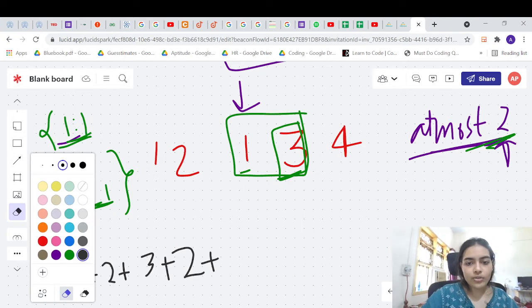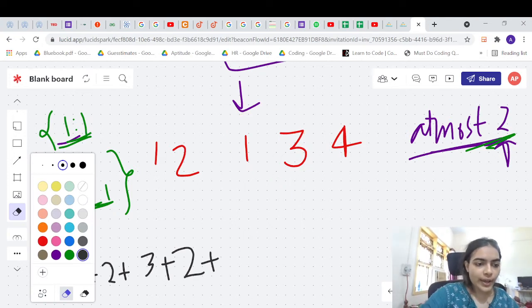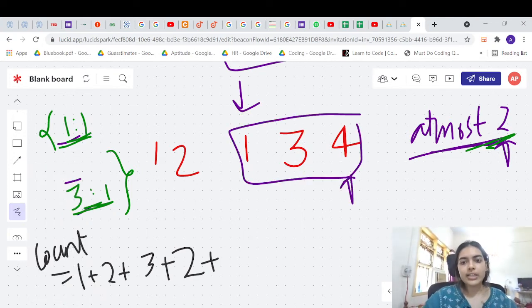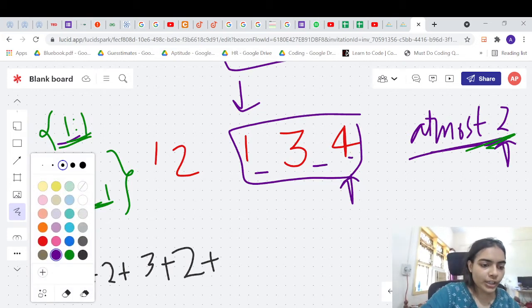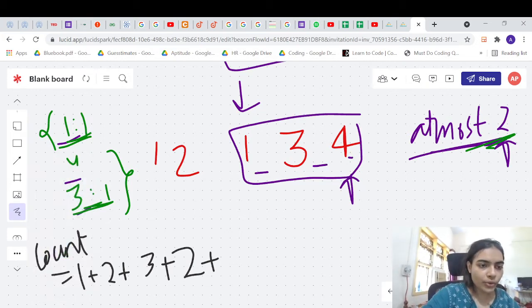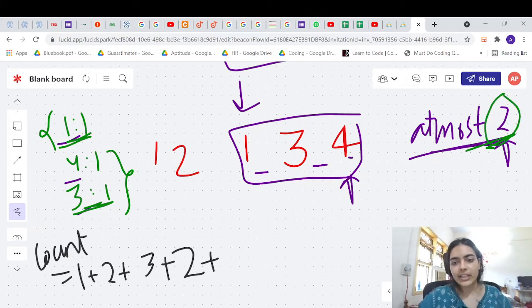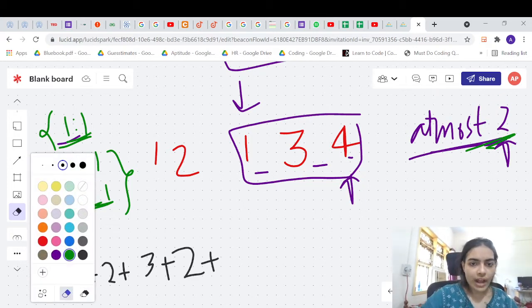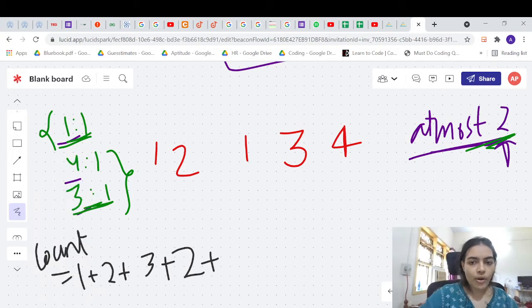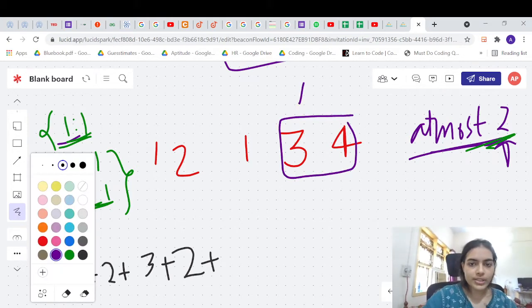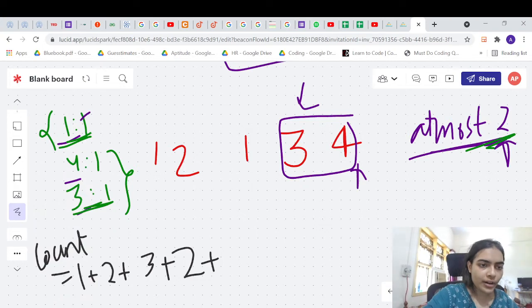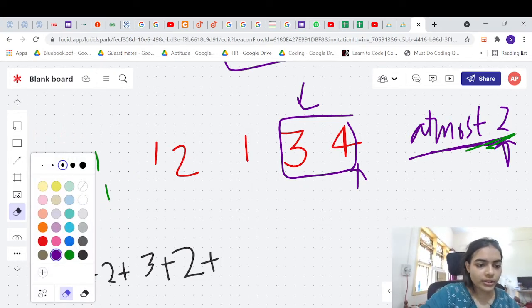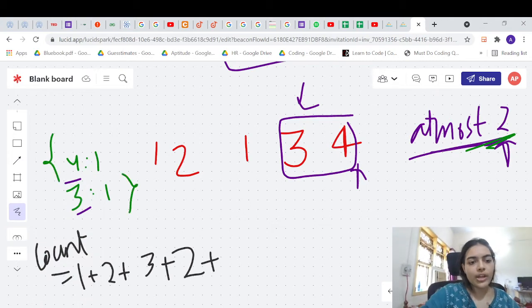Now let us go forward. So we will try to expand the subarray. In this case, when we expand the subarray, you will get a new element 4 in the map which is having count 1. Now the size of the map is 3, which is exceeding this threshold. So in this case, you will have to remove this because you cannot accept this. So this will be your new size and you are removing 1. The count of 1 will become equal to 0. So you can remove that.